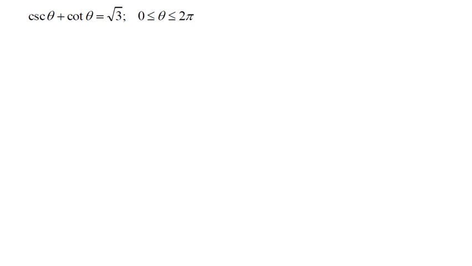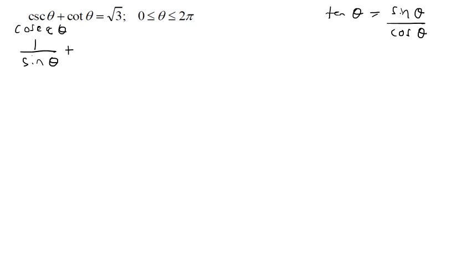So the question given is cosecant theta. CSC is cosecant, and cot means cotangent. Cosecant, or we can also write cosec, is actually 1 over sine theta. And cotangent is actually 1 over tangent. Since tangent is sine over cos, cotangent is actually cos over sine. So we replace cotangent with cos over sine